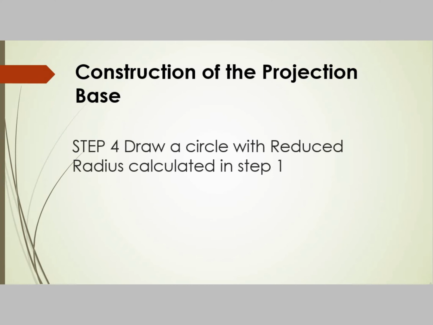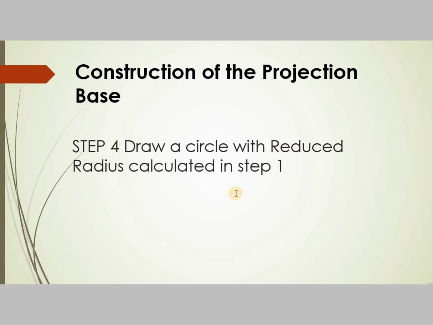After all these calculation work, we come towards the construction phase, and construction of two standard parallel conical projection is done in three phases. First, we make the projection base in the form of a circle, and that circle actually shows the earth on a paper, and after that circle we make another sketch to find out the pole location, and then in the third place we make the actual projection.